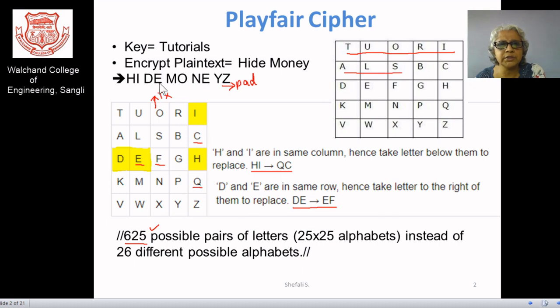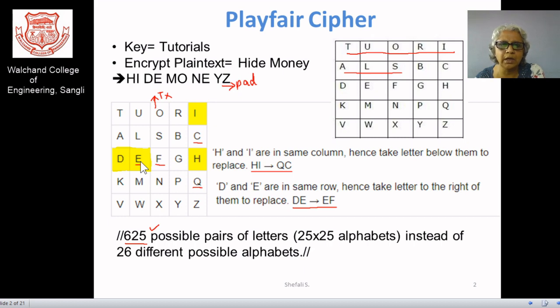Now go for the next couple of letters, DE. As these lie in the same row, we have a choice of one step ahead. You can say one letter ahead or one letter backward, whatever is your convention.